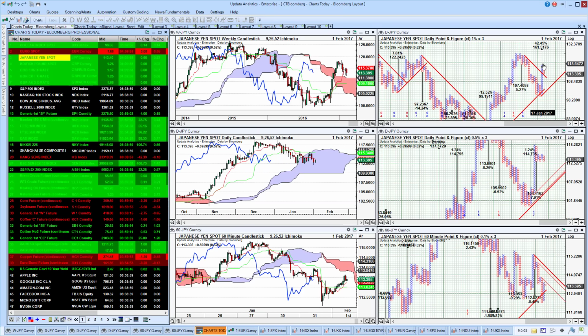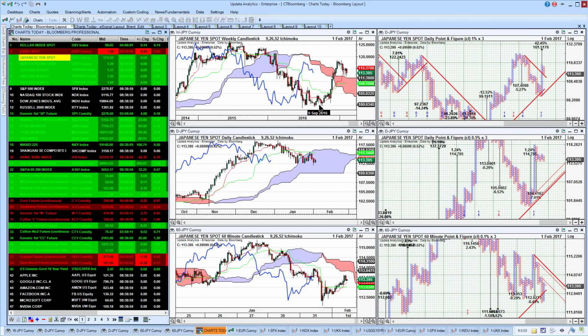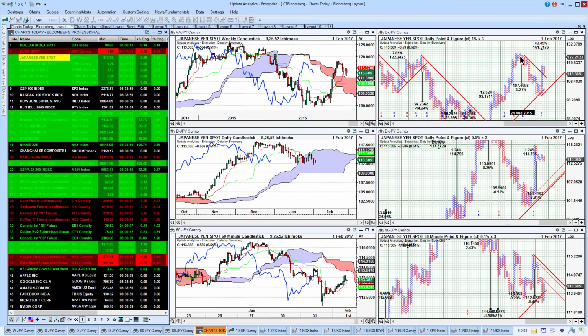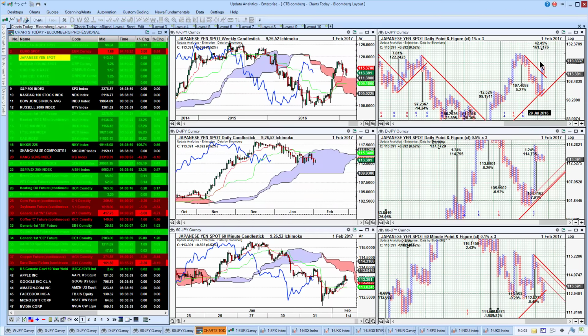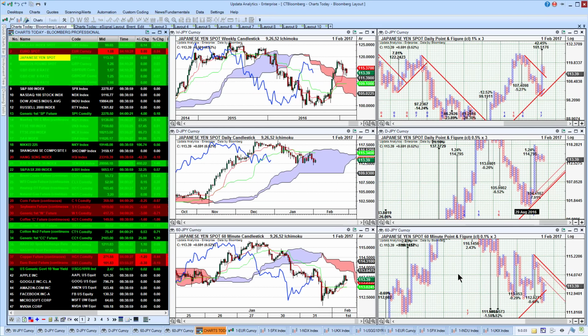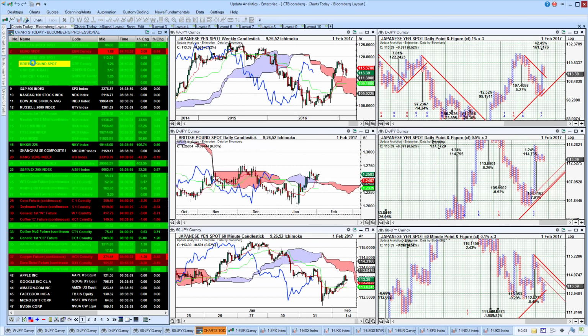We'd need to move above about 119, 120 to activate this big upside target. If we get above this high and stay there for a little while, a day or two, that is going to activate this big upside target that will be very strong. In fact, it's this 125 level that we need to get through, really. But interestingly, the 125 level relates to that. If we just get above that recent level, this 120 level, then we activate that upside target. Now it's only one target, and we do still have a couple of downside targets. So dollar weakness is just showing through short term there as well.